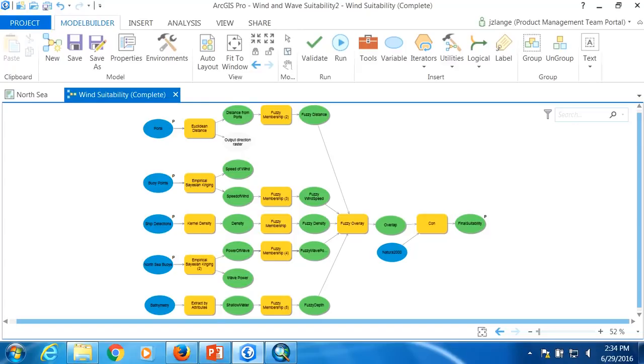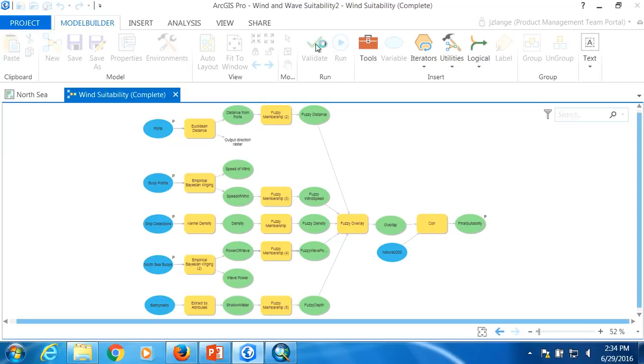After that, I use the fuzzy membership. That's the reclassification rescale part. And after that, we do a fuzzy overlay. And one last step, because I also have existing marine protected area, I have to subtract that area from my suitable surface. So if I go ahead and run this model,